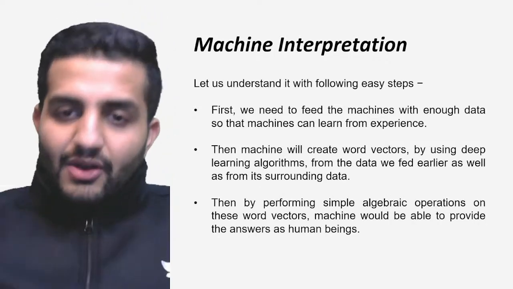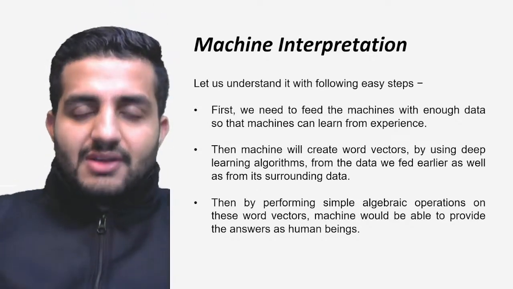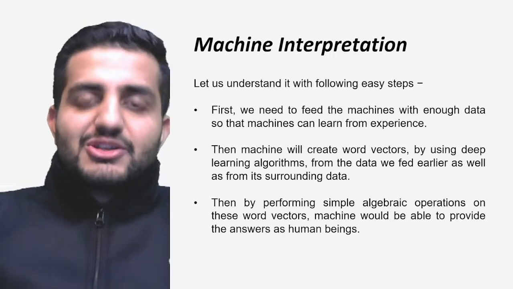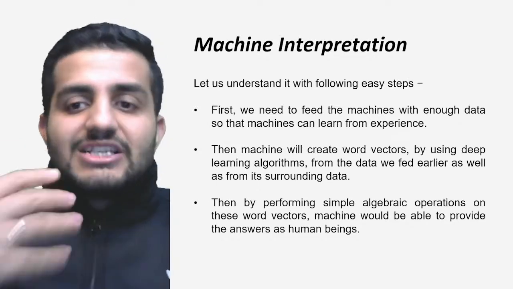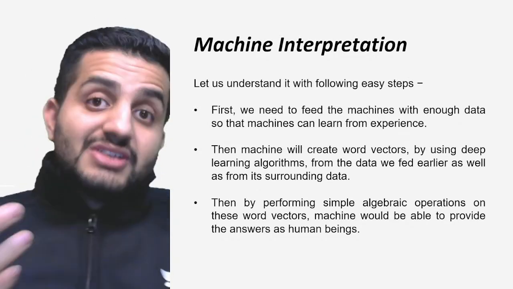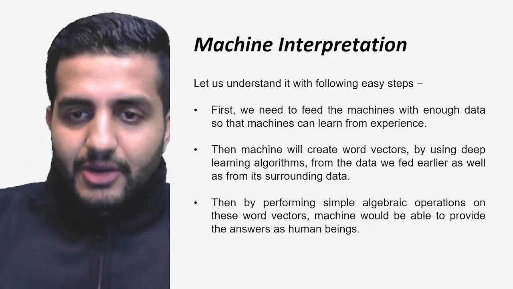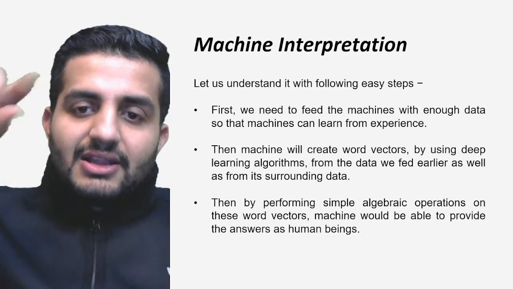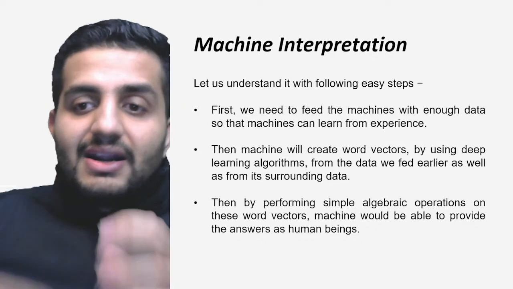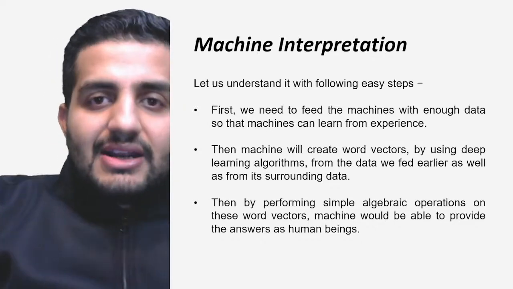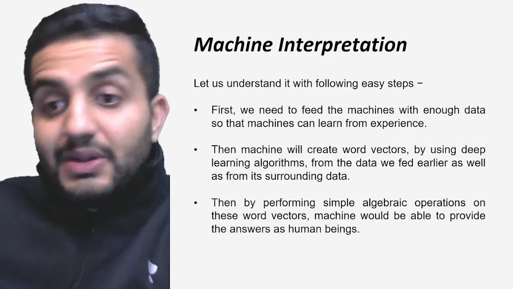Cool. Then on top of this, when I have some numbers, I can perform some simple algebraic operations, plus, minus. I said plus minus just to keep it simple, but if I have some numbers, you can perform algebraic operations on those numbers, right? And here, what are my word vectors? Nothing but some form of numbers, okay. So when I have the numbers, the machine can actually do some algebraic operations, and from those numbers it can try to identify, okay, closer to this, then it could mean this, and if the value is nearer to some other value, then it could be this, right?